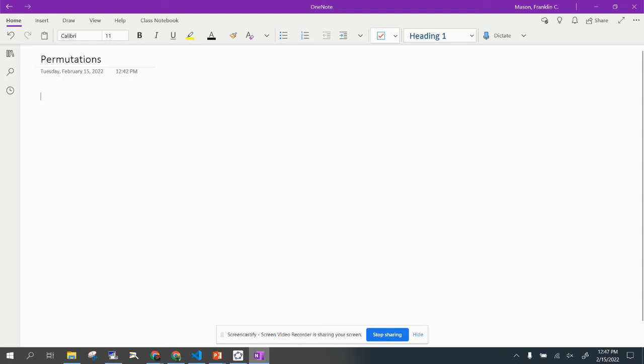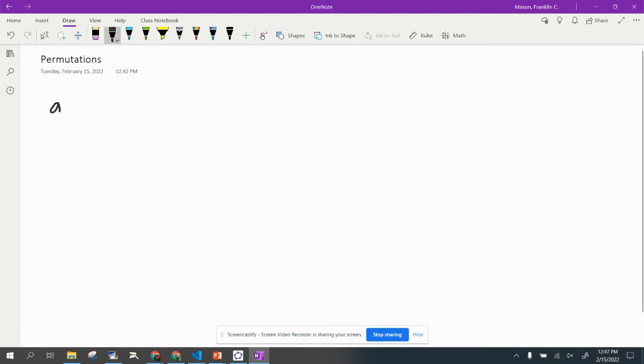Like, for instance, this. Let's say that I had a sequence of objects. I'll just go in alphabetical order. There's absolutely no need for that. You can use whatever objects you like. It's commonly the case that letters are used, so I'll use letters. You don't have to put them in alphabetical order. Any order will do, but it's easiest to start with alphabetical. So let's say that we have the 6 letters A, B, C, D, E, F, and then let's say that we reorder them. A, B, C, D, E, F is the original order, and then let's reorder